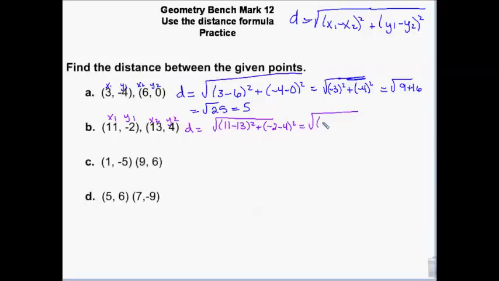So that is negative 2 squared plus negative 6 squared, which is the square root of 4 plus 36, which is the square root of 40. And 40 is 4 times 10, and 4 is a perfect square. So 2 times the square root of 10. So why don't you guys try C and D and just make sure that,